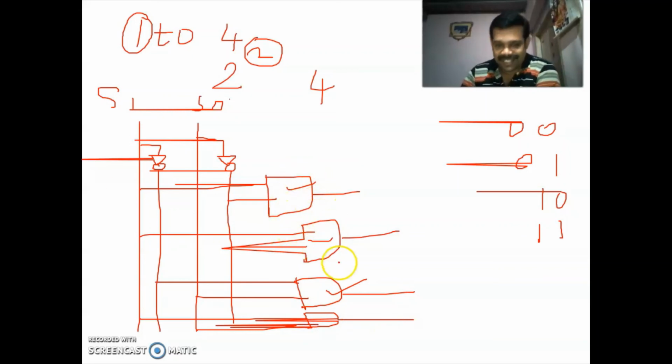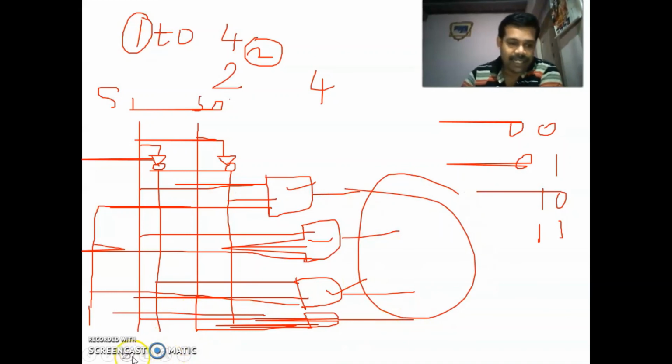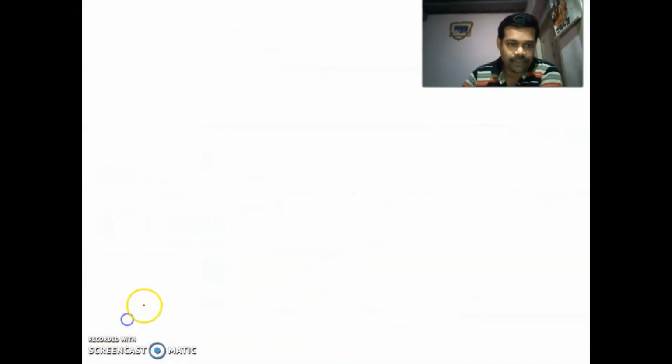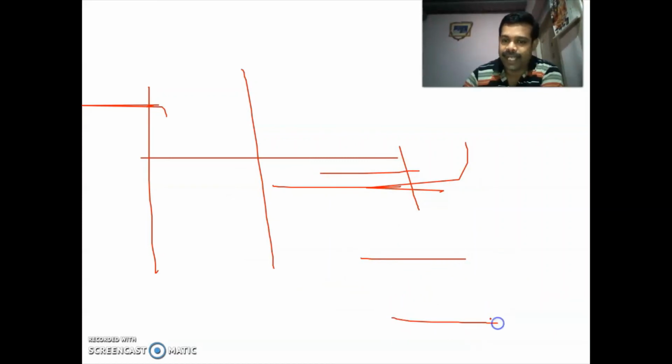To these 4 AND gates, if you provide one common input, then it is called a demultiplexer. So I have clearly shown how to draw it. First you take 2 inputs, S0 and S1, and then you draw 0 0, 0 1, 1 0, 1 1. Then to all the AND gates, you connect one input and make it common. That is D in. That is your diagram for the demultiplexer.